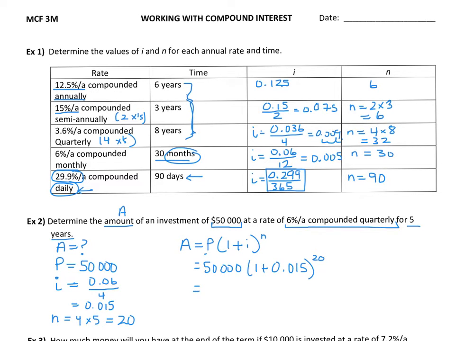So on my calculator, I'm going to actually calculate. Some calculators can handle that all as one calculation. Mine is a little bit more complicated, so I'm going to follow BEDMAS. I'm going to actually add 1 to my value of I that I calculated over to the left there, and then I'm going to take that to the exponent. So BEDMAS says brackets, then exponent. So that to the exponent of 20, and then I'm going to multiply that by 50,000. And I get